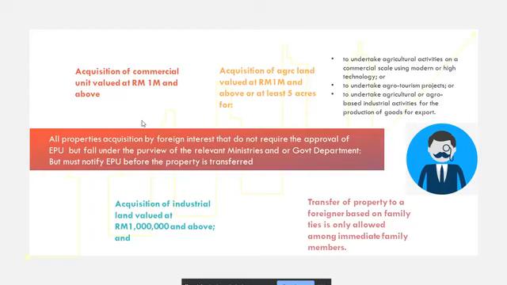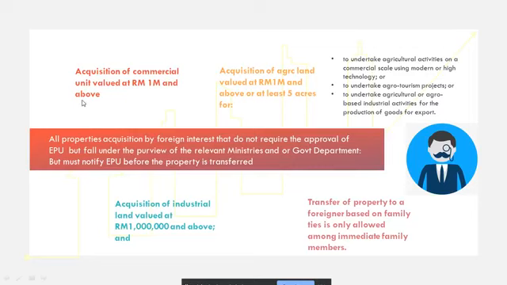So tetapi apa-apa acquisition pun, apa-apa pengambilan pembelian kena beritahu EPU dululah sebelum dipindah milik. So antara kategori yang tak perlu approval EPU adalah acquisition of commercial unit value at 1 million and